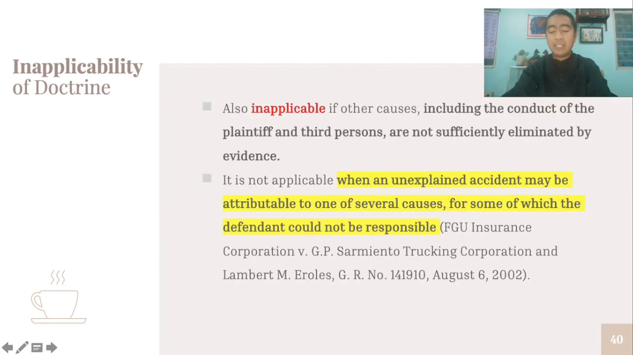It is also inapplicable if other causes, including the conduct of the plaintiff and third persons, are not sufficiently eliminated by evidence. It is not applicable when an unexplained accident may be attributed to one of several causes, for some of which the defendant could not be responsible. Under the case of FGU Insurance Corporation versus GP Sarmiento Trucking Corporation,